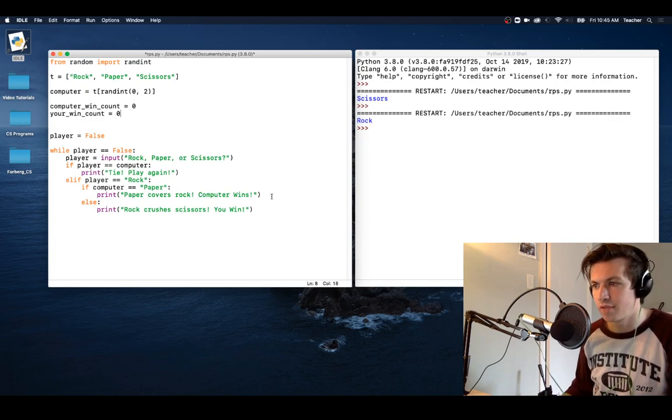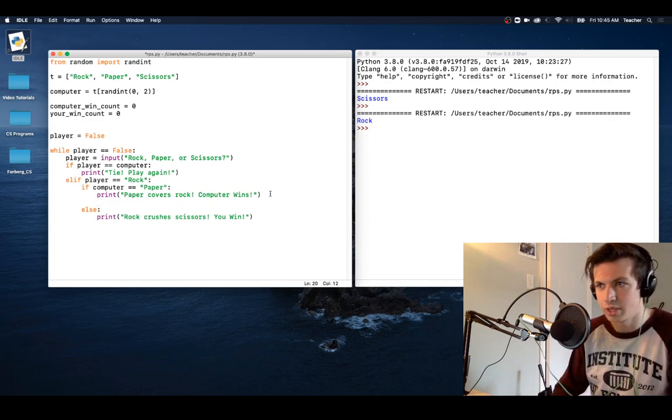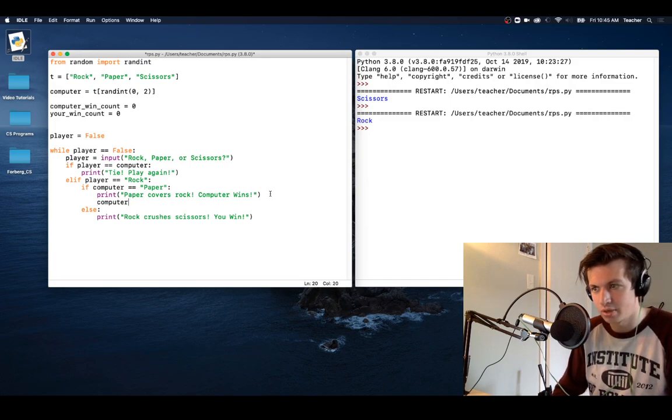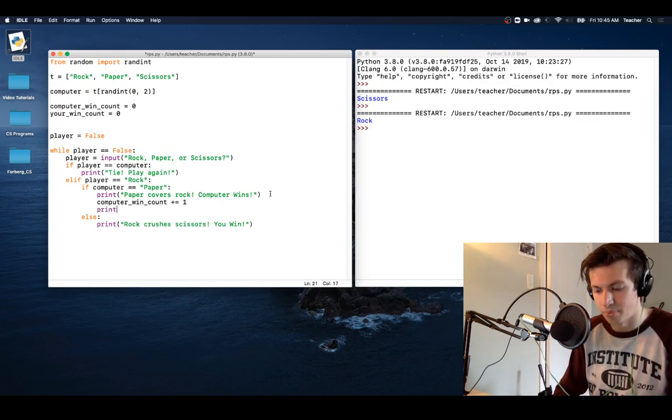So now if paper wins and computer wins, we can say in here, computer win count plus equals 1, and then we can say print